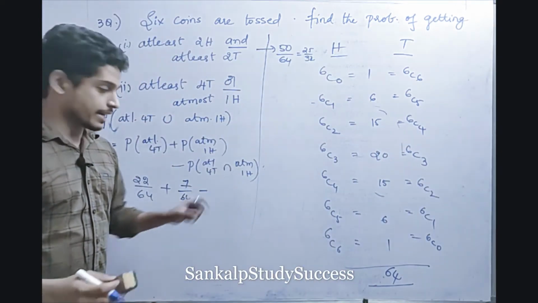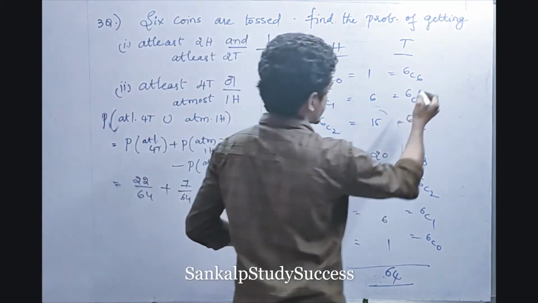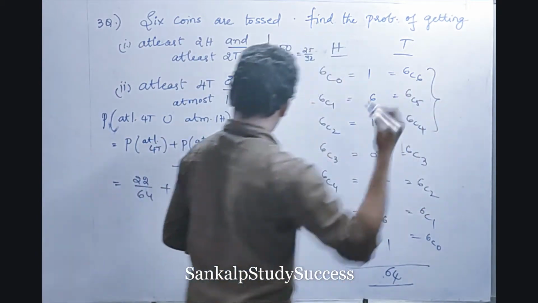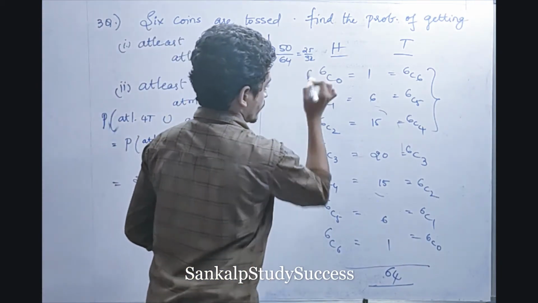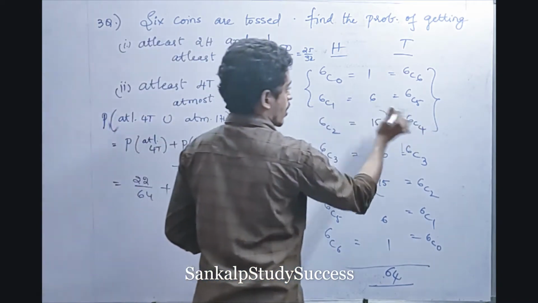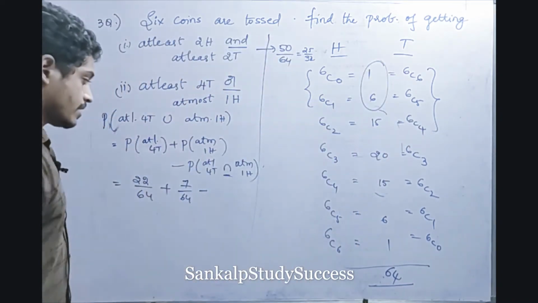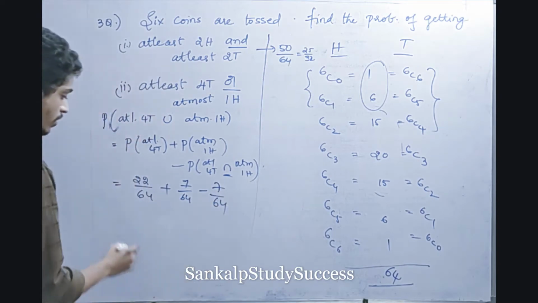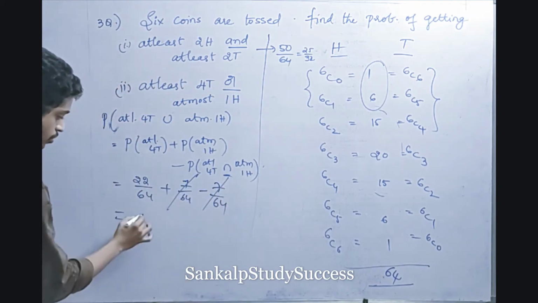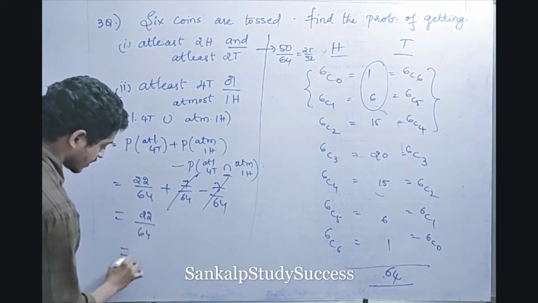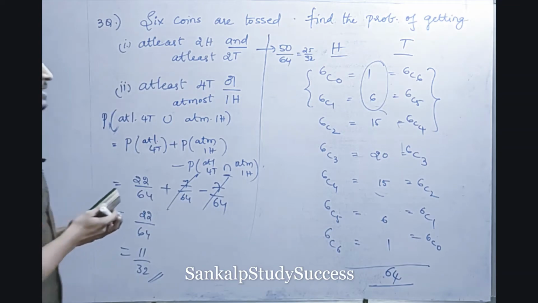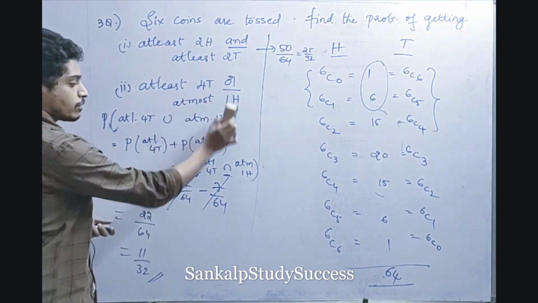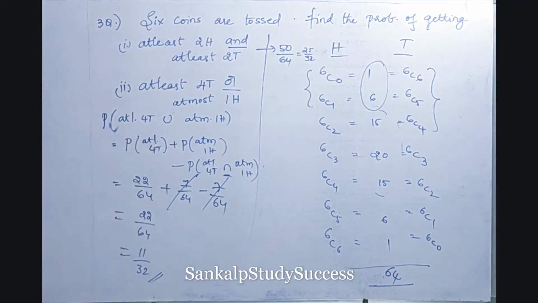Intersection means common terms we have to select. So at least 4 tails, in the sense at least is greater than or equal to these 4, fine. At most 1 head, in the sense less than or equal to 1 head, that is nothing but these 2, right? What is the common part, the intersection here? These 2 common part is nothing but 1 plus 6 is 7, 7 by 64 again. So what is the final value, friends? These 2 will get cancelled. So 22 divided by 64 is nothing but 11 by 32, the obtained probability. So the first thing is, whenever OR is given, you have to apply the addition theorem and proceed further like this. Fine. So next question.